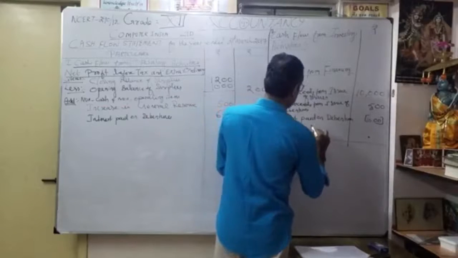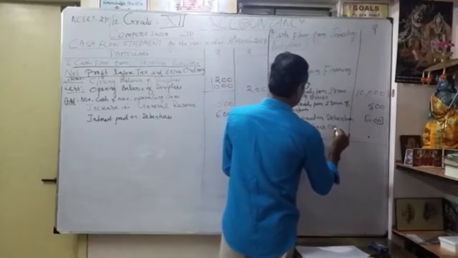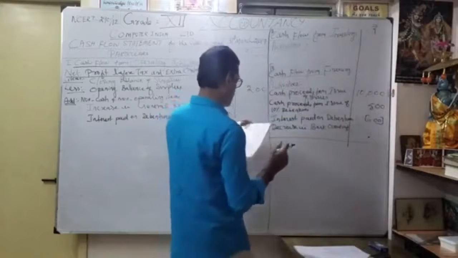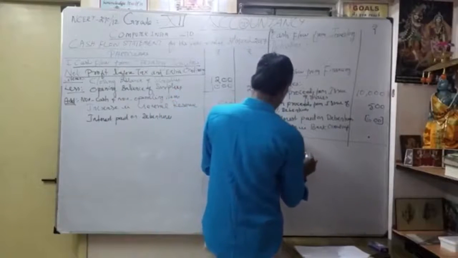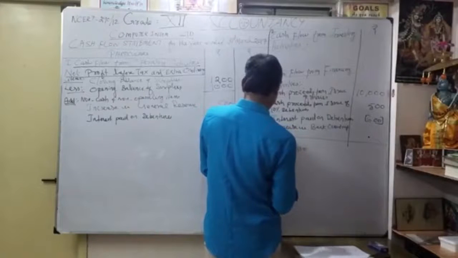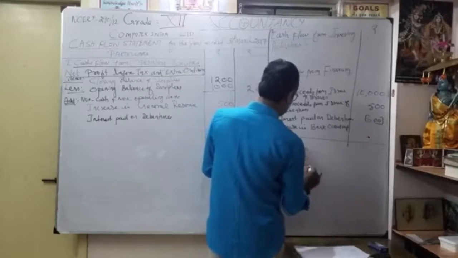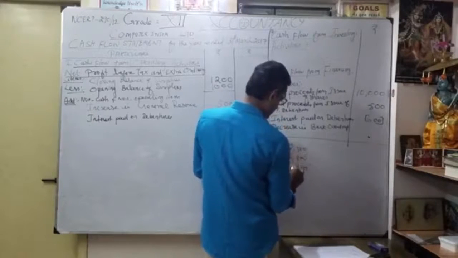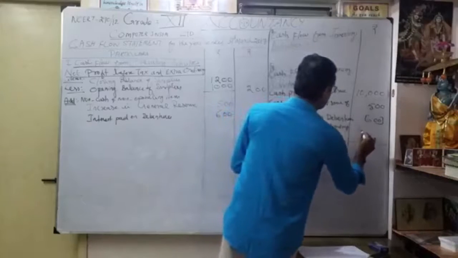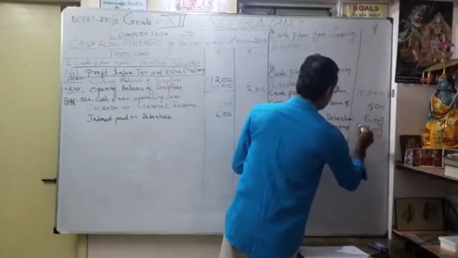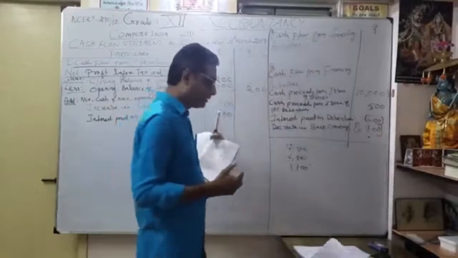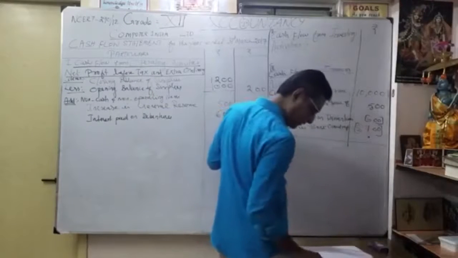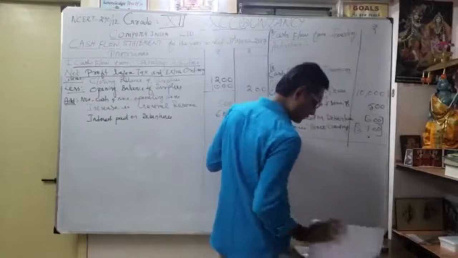So decreasing what? Our bank overdraft. So how much did it decrease? 12,500 become 6,800. So what's the difference? 0, 0, 15 minus 8, 7. So 11 minus 6, 5. So how much decreased? 5,700. Okay, put in the bracket. Decrease means we have to write the positive figure. So here, decrease in overdraft. You understood? So overdraft is decreased. How much do you have to write? 5,700.